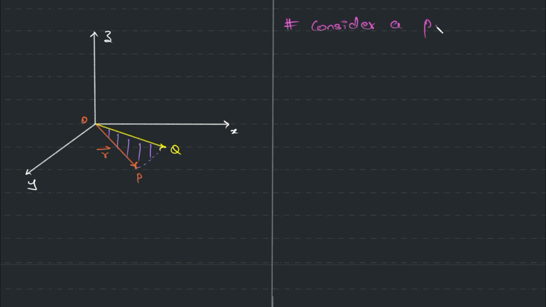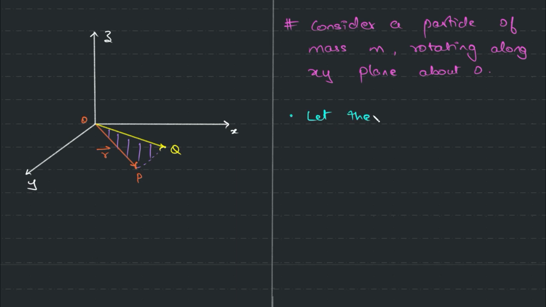We're considering a particle of mass m rotating along the xy plane about the origin O. Let the position vector be r at time t